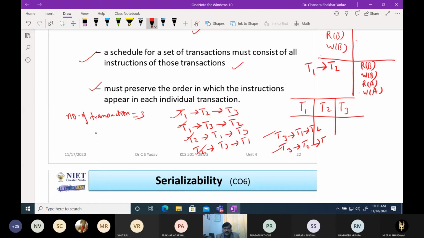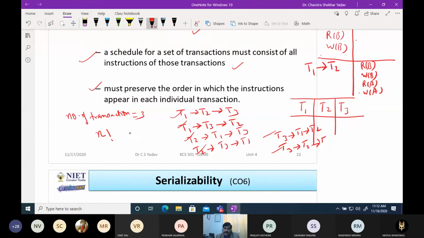So if the number of transactions is n, then we can make n factorial serial schedules. This type of objective question may be asked in the GATE examination or in AKTU examinations. If there are 4 transactions, then the number of serial schedules is factorial 4.